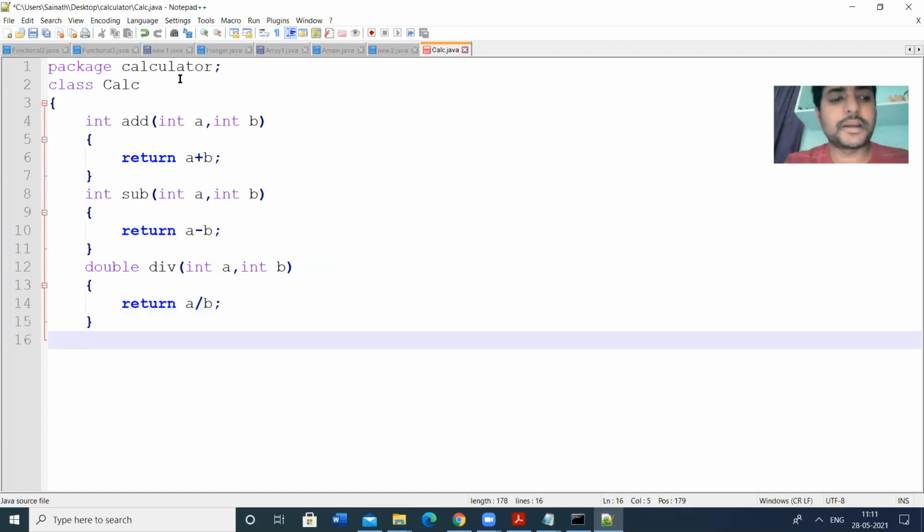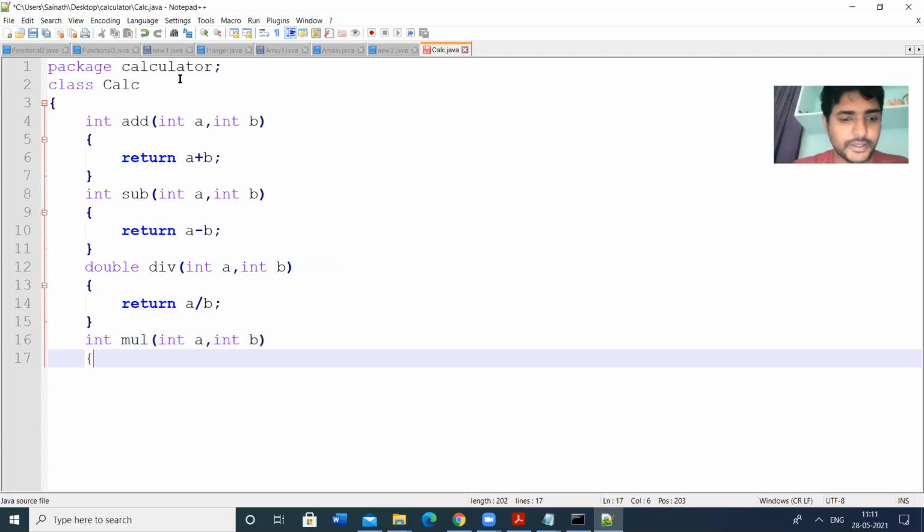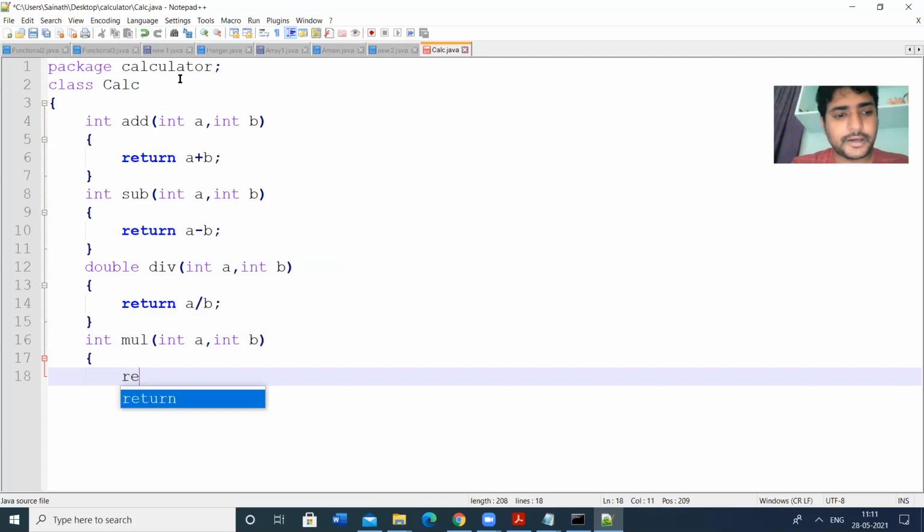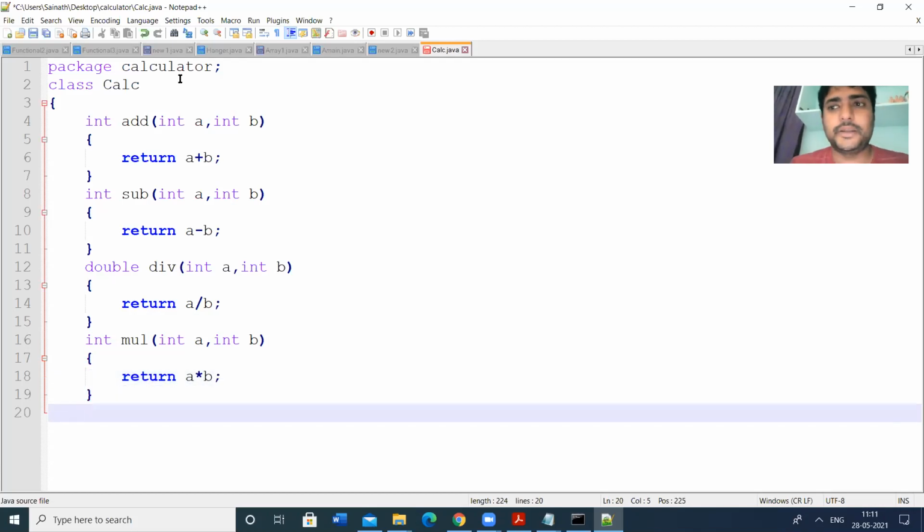Then multiplication: int a, int b, and I return a asterisk b. So this is my multiplication method.